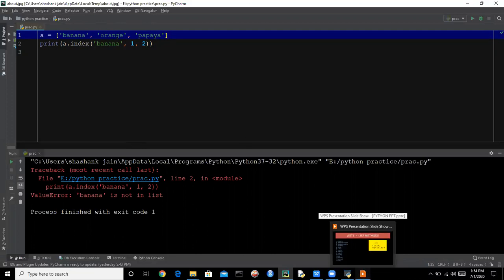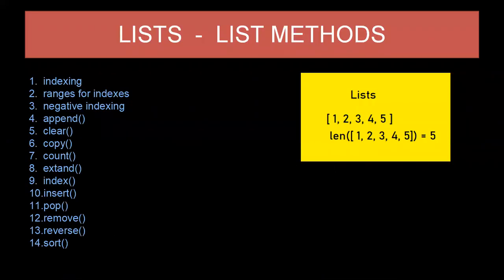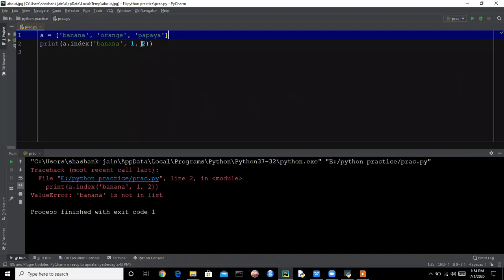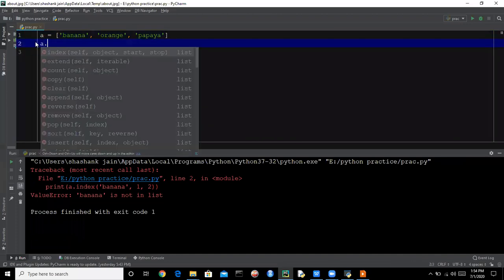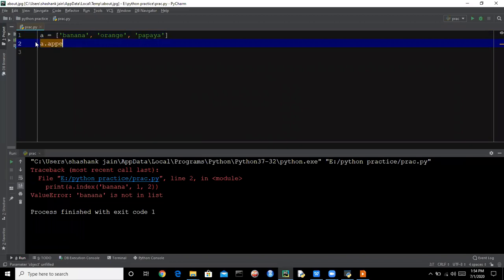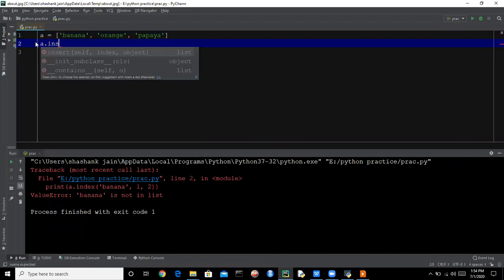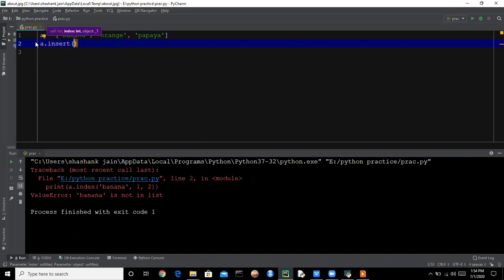Let's discuss the next function, that is the insert function. So we have discussed the append function. It is the same as the append function, but it has some extra things also. We can insert an item into the list using the index also.